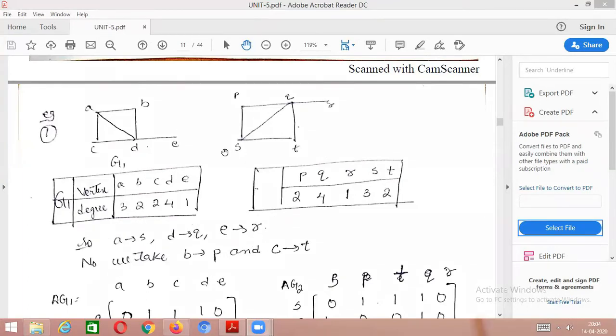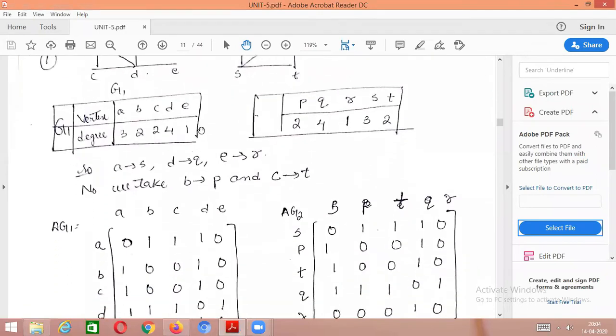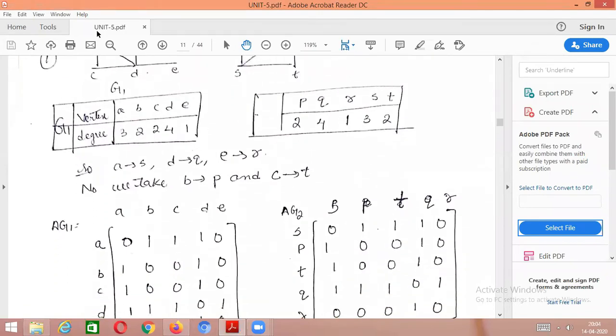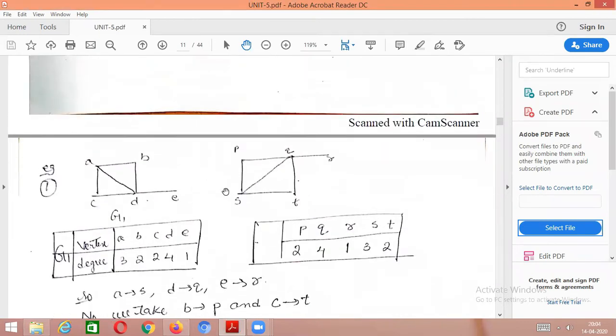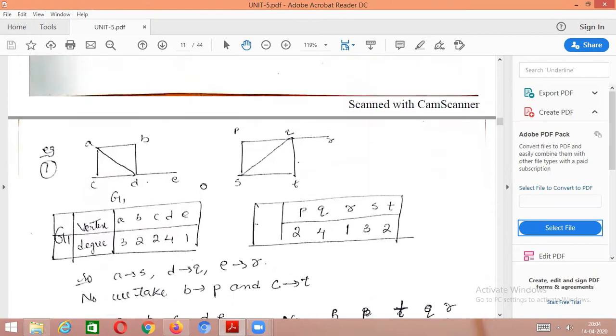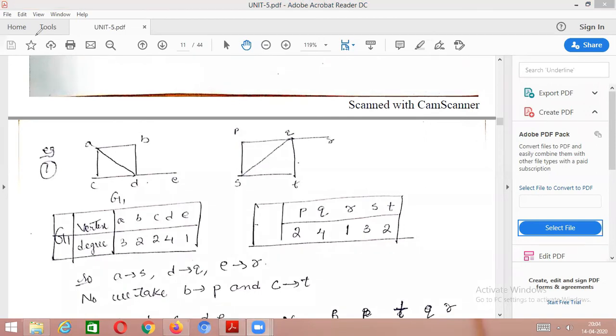If any of the above properties fail, then you have to say the given graphs are not isomorphic. The above properties means first we check that the degree sequences are the same. Now we try to check their adjacency matrices. Okay, the adjacency matrices. So I'll first do it with the, wait a minute.